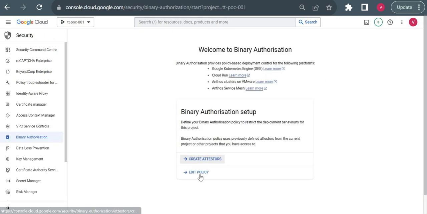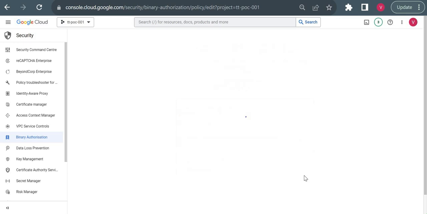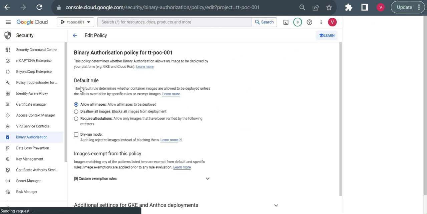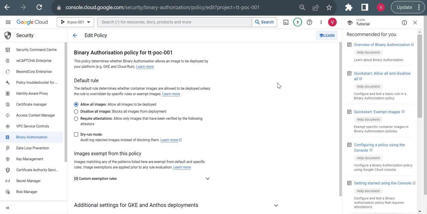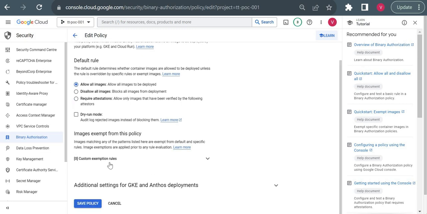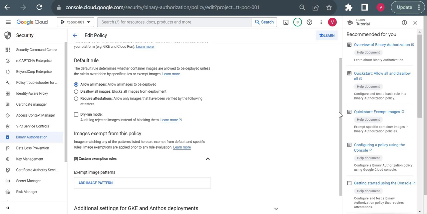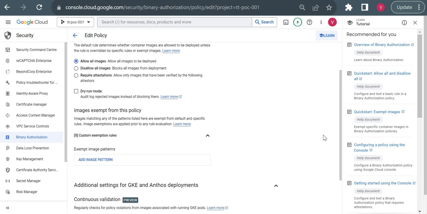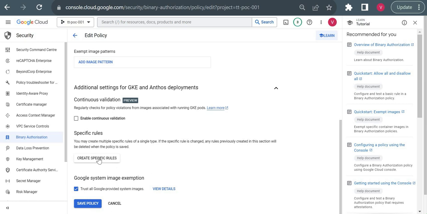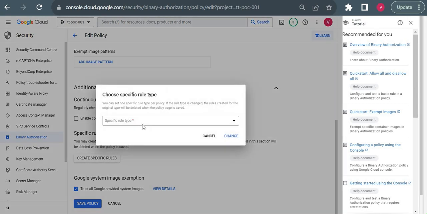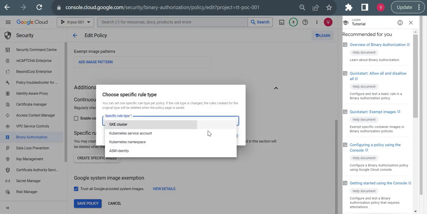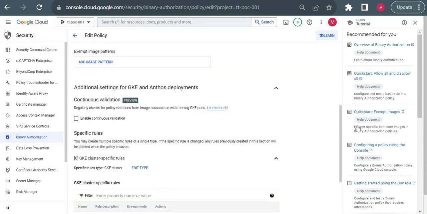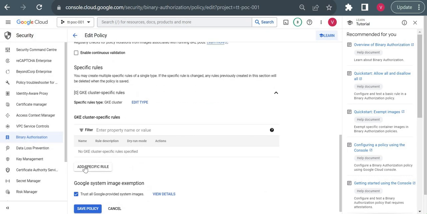Okay, and here go to edit policy and I'll show you what the default policy is. So the default rule currently is allow all images. We'll keep the default rule as it is because we want to enable binary authorization only for our specific cluster. So we'll go here to custom rule, additional settings for GKE and Anthos deployment, and here we'll create a specific rule. So for the rule type we'll choose GKE cluster, change it,